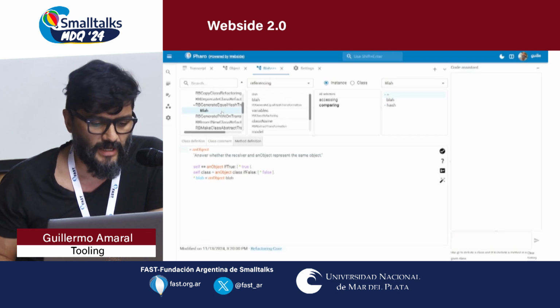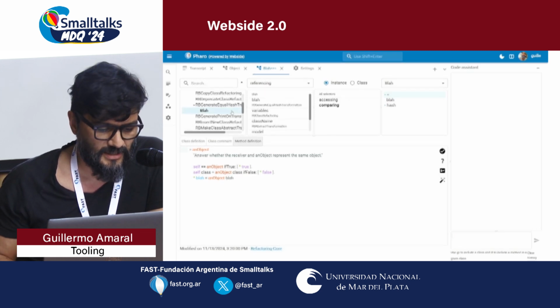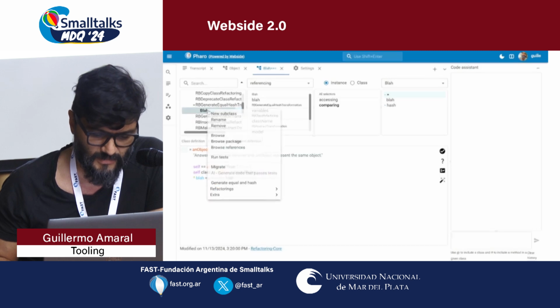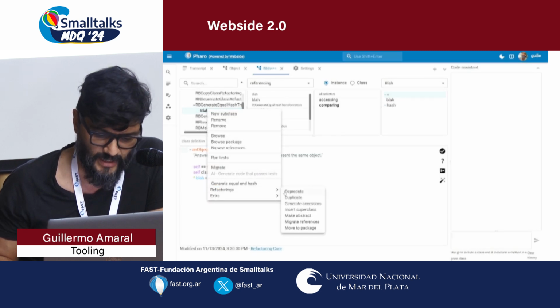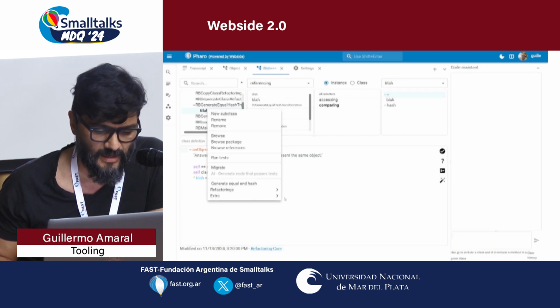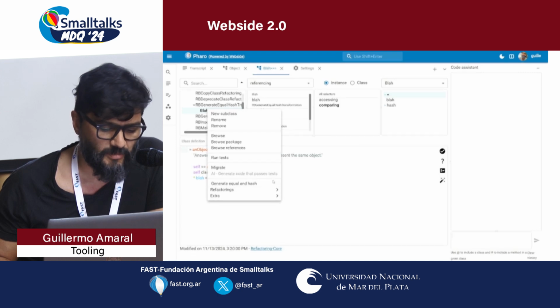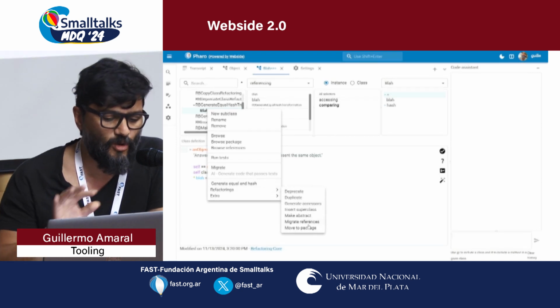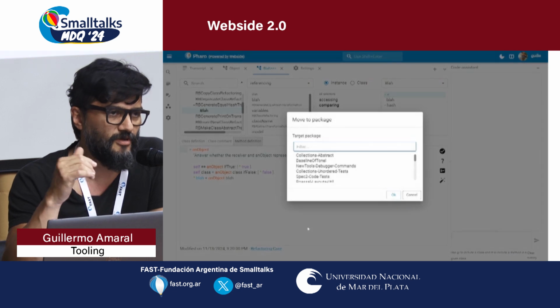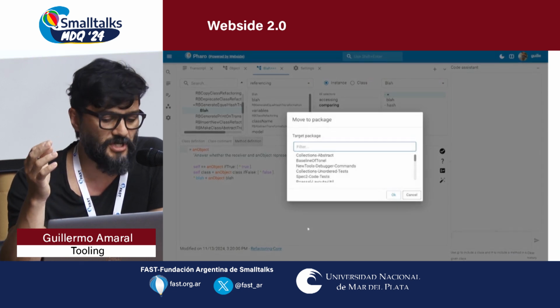And some of them, for instance, let's see if we can grab one of these. Move to package, for instance. I'm not going to apply it, but this also offers the way to configure the parameters of the change.